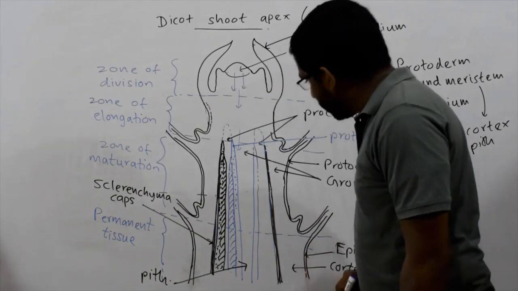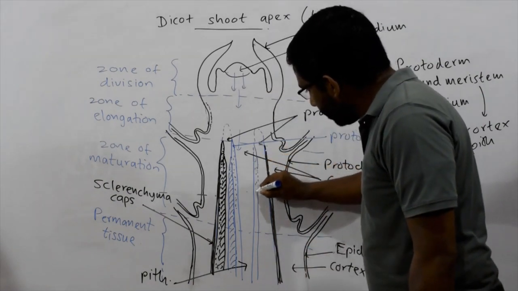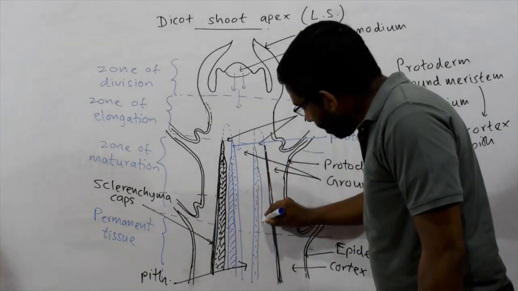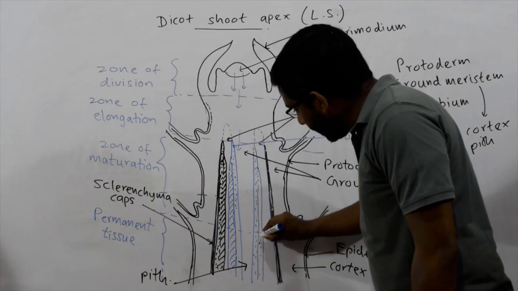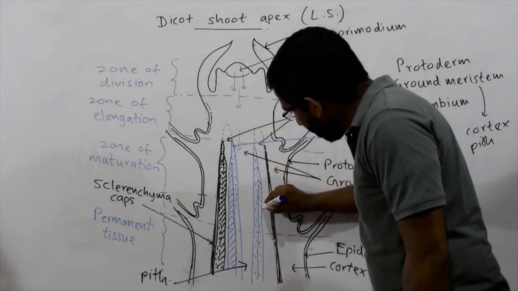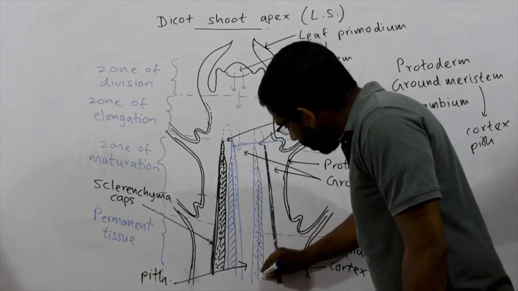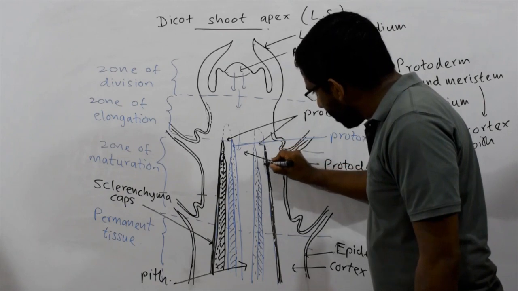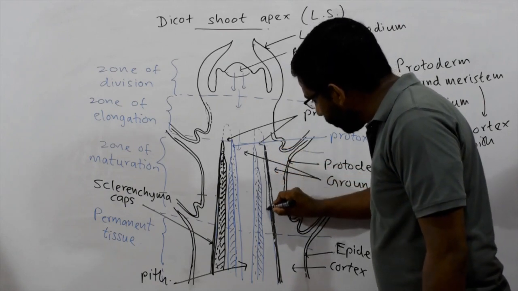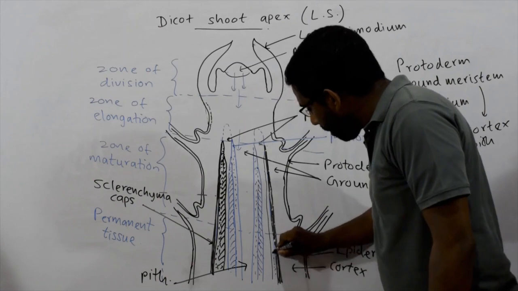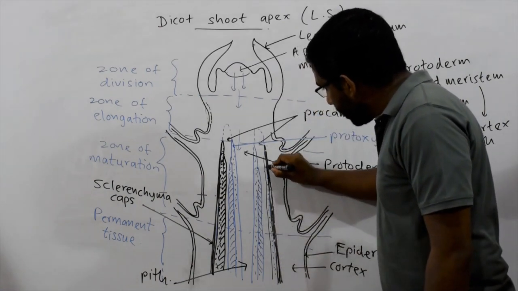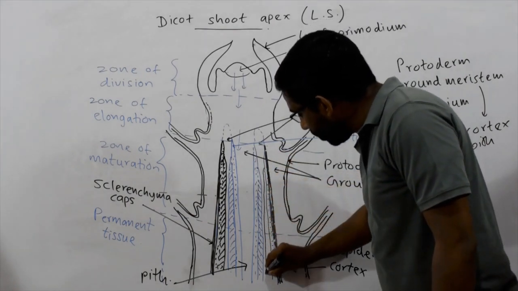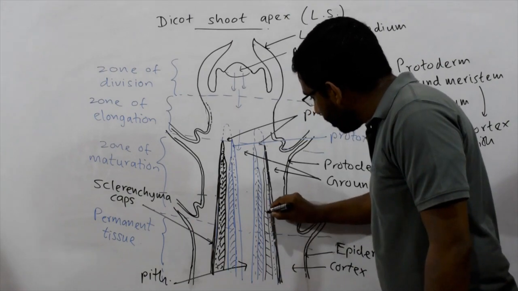Again, this is the protoxylem region. This is protoxylem. It is located more medially, and this is metaxylem. It is located more peripherally in an enlarged xylem. This is metaxylem. Then if you consider phloem, again here at the periphery protophloem is originated. Let's say this is the protophloem. Then later, medial to protophloem, metaphloem is originated. Let's say this is the metaphloem.